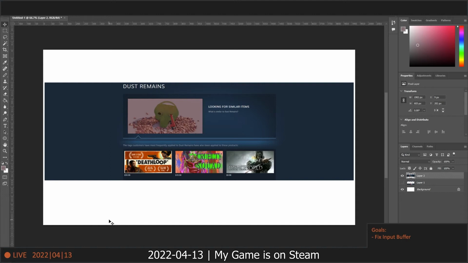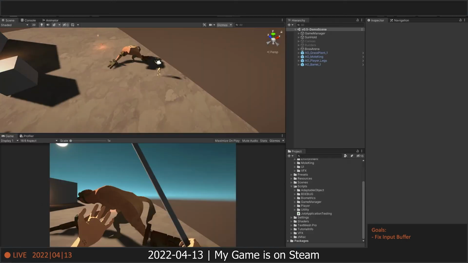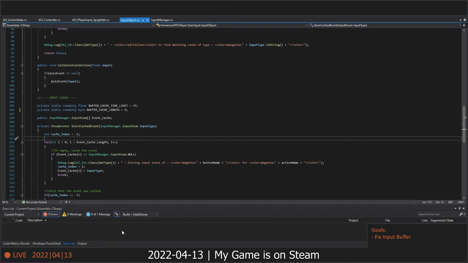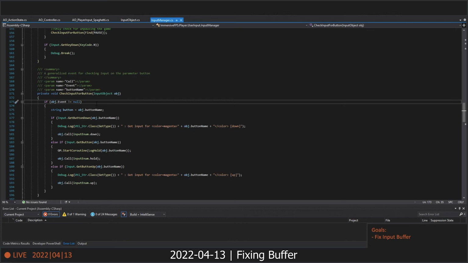All right, that's enough of that. I'm going to go on to doing the input buffer, which I still don't know why it's not working, so I'm going to work to figure that out. Okay, so the reason it wasn't working is because the event is null. If the object event is not null, then we don't check for the input at all. So what we need to do,